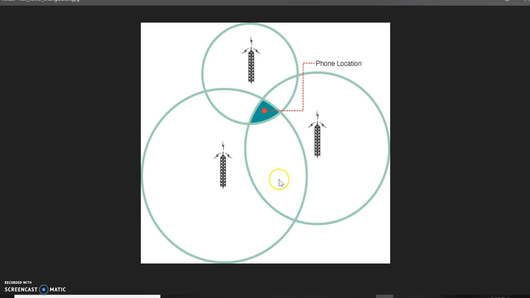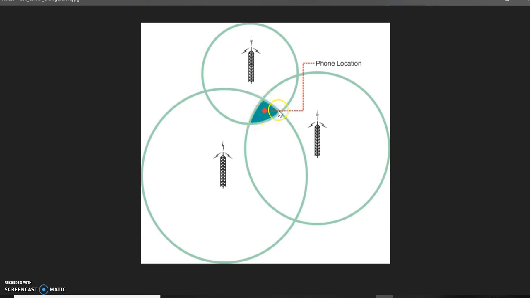Hence the word triangulation. Tri refers to 3. Think about a tricycle. So this third tower, let's say the tower can tell that you are about 3 miles from that tower, then your location becomes much more accurate, and you can see with this diagram, you would be somewhere within this small location. It's not exact, so you can see the little red dot is where you probably are,